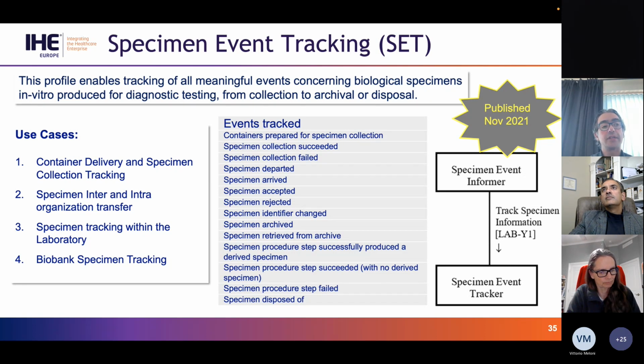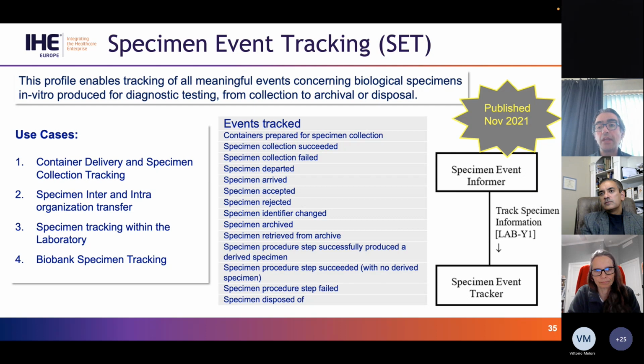So when a specimen reaches a device automation to execute some tests, then goes to another device to execute some other tests. Or also we need to derive the specimen, for example, in the context of aliquoting, or also in